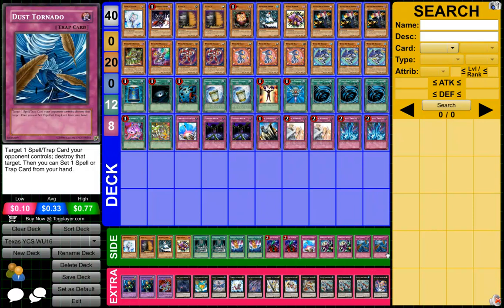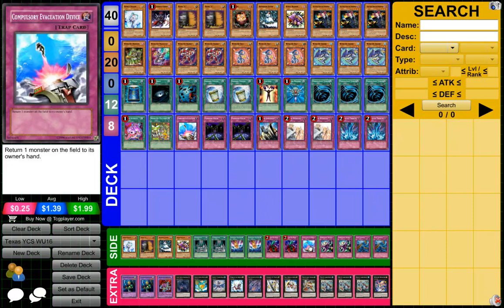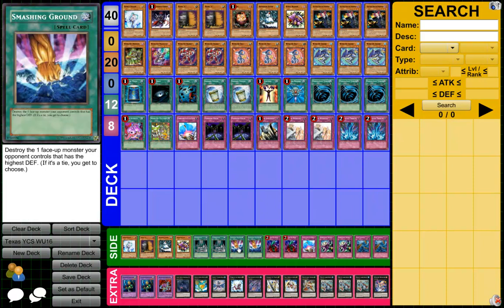Moving on to the side deck, we have 2 Tornadoes for Macrocosmos and Prohibition. The player running this deck said that he would side this for Dark Worlds. And then we got 2 D-prison for good removal, 1 Compulse for good spot removal and good chain ability, 2 Bottomless Trap Hole for removal and possibly against the Rat matchup, 2 Smashing Grounds to get rid of big monsters,